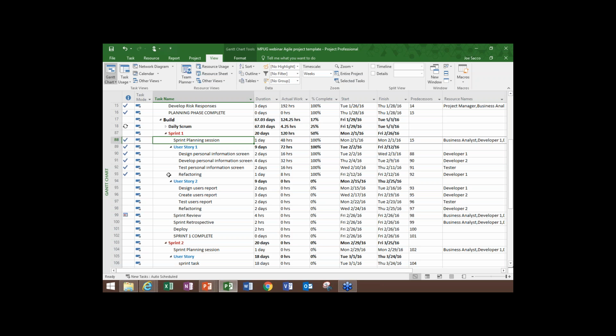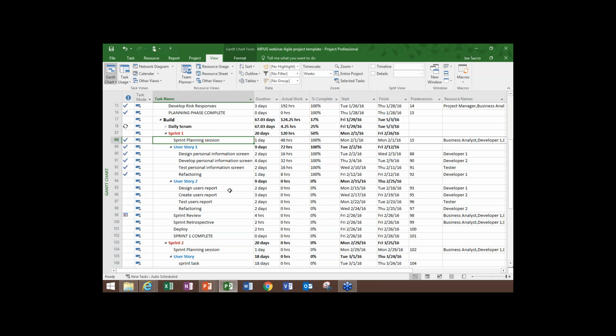And you can see that we've completed actually all of user story 1, and we're working on user story 2 right now. So one of the things that I wanted to mention, though, is one of the big challenges you have with Scrum is that you have to deal with iterations or sprints that are of fixed length.